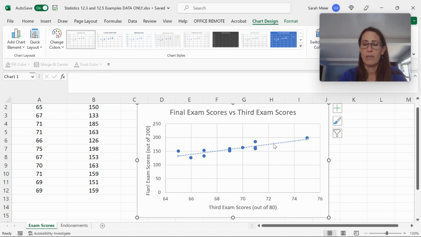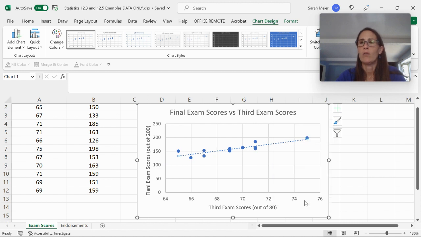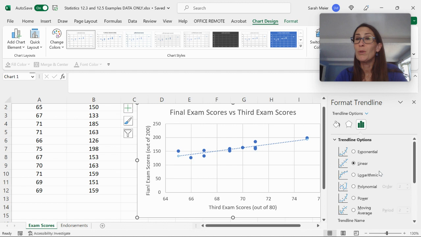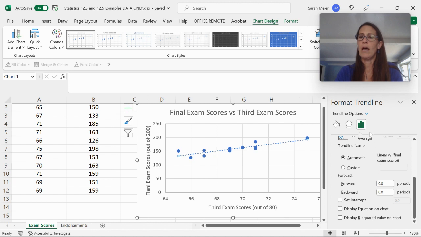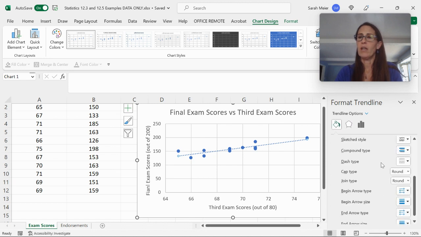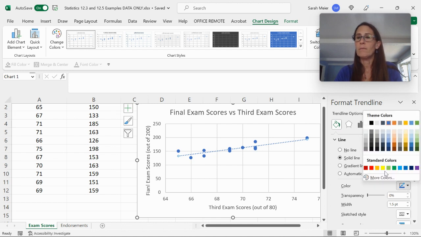So I'm going to click on it. Again, there's lots of different ways that you can have this look. Those blue dots, I don't think are really obvious, so I like to change them over here to color. I'm going to go over here to color, and I'm going to do a solid line. I'm going to change the color to red,